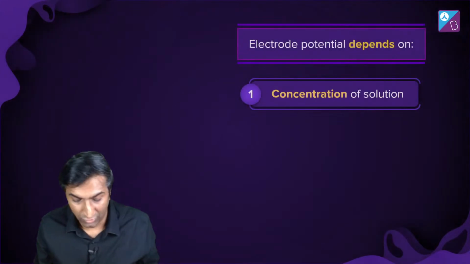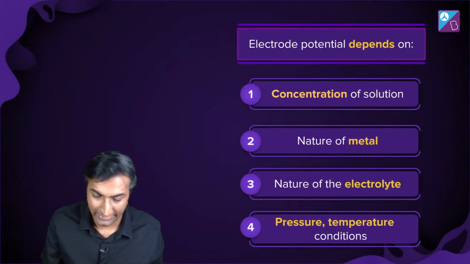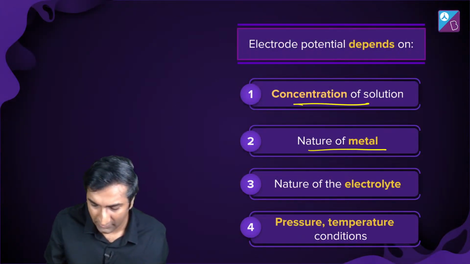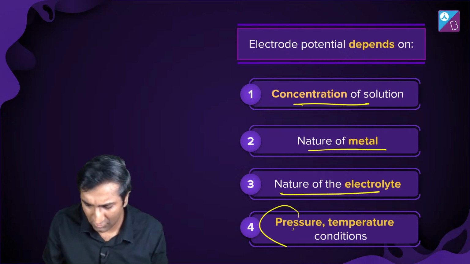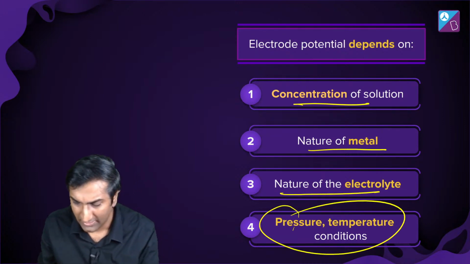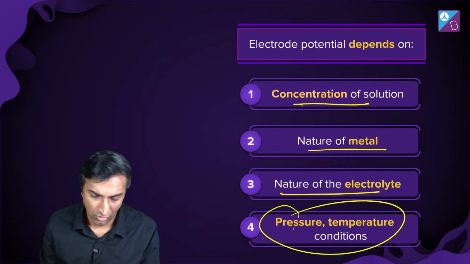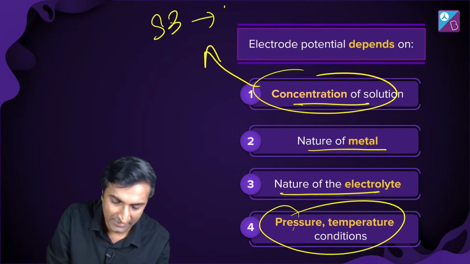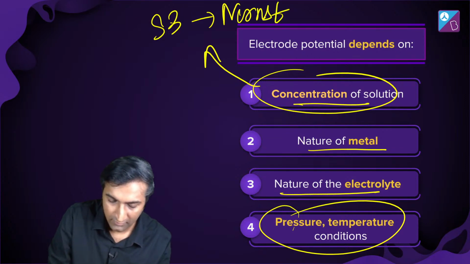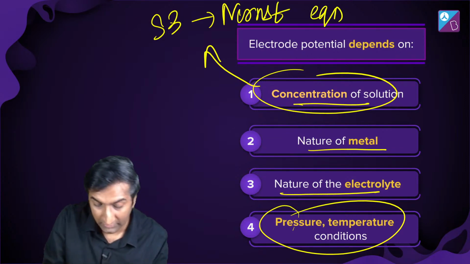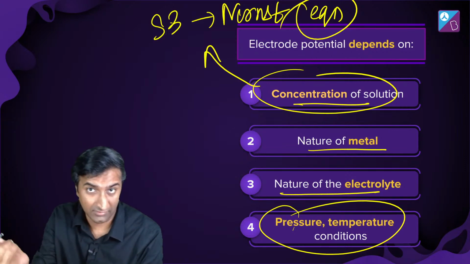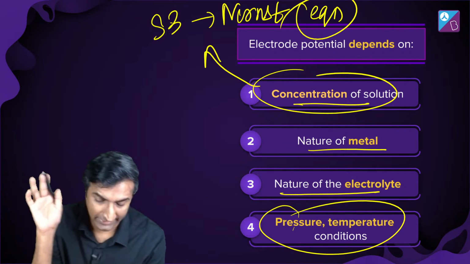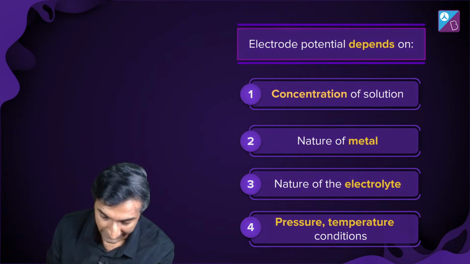So what are the properties of electrode potential, right? Broad idea is that it depends on this, this, this, and on pressure and temperature. It depends on some of these, and it doesn't depend on some of them. So broadly, this part is what we'll do in session 3. This is the Nernst equation, right? That's next Tuesday. This Thursday, in the next couple of days, we will do the whole electrochemical series and all of that.